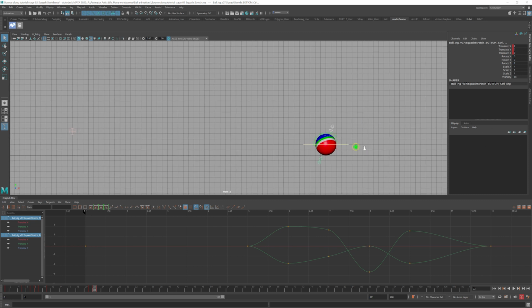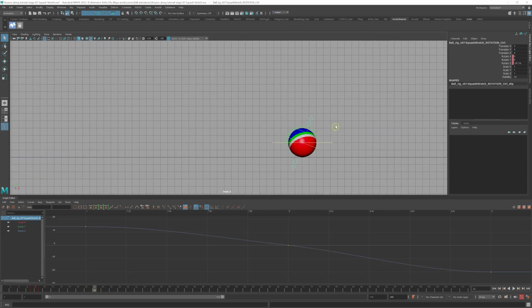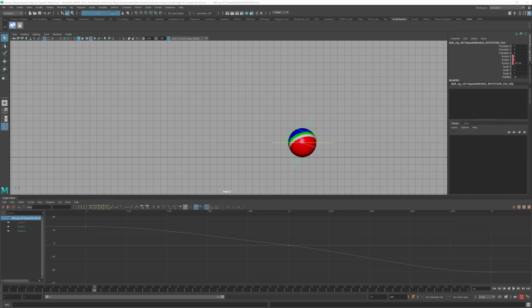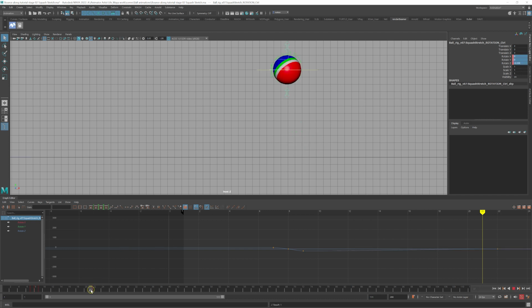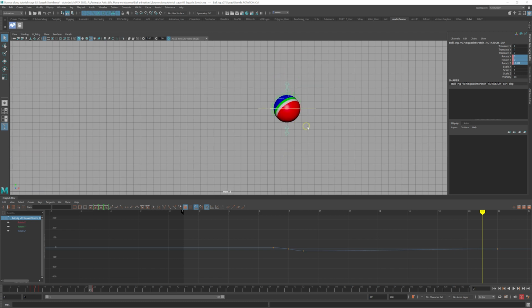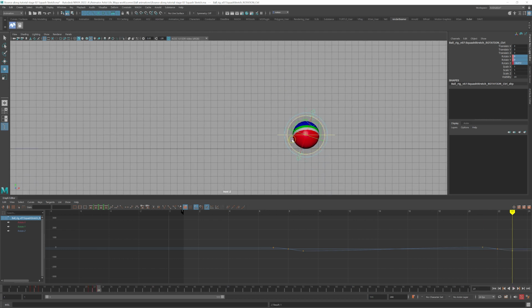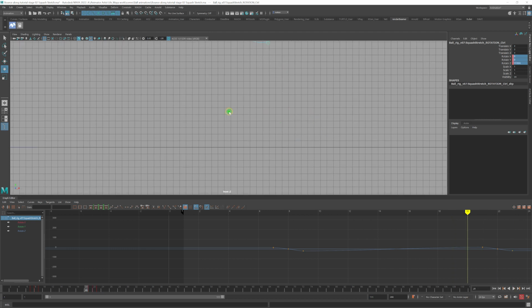Here, let's move the squash and stretch rotation curve, not the rotation of the ball, the rotation of the squash and stretch curve, which is this one here again. Okay, we're going to set this back to 0 as it impacts here. And the frame before, obviously, it's going to be turned this way, and as it leaves, it's going to be turned back this way. Okay, so now let's start adding in a bit of our squash and stretch for this